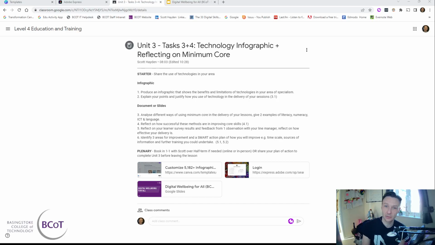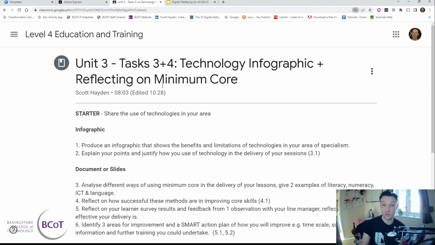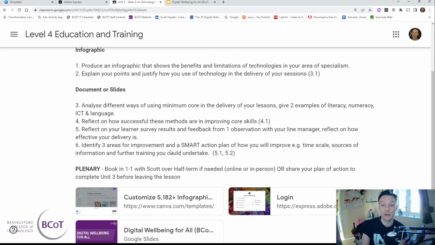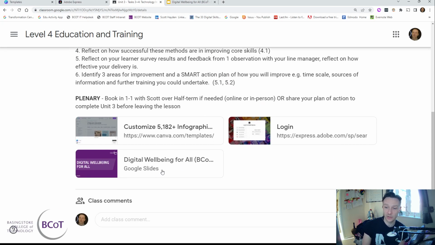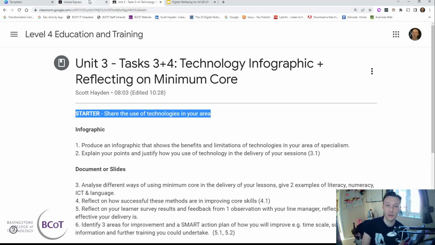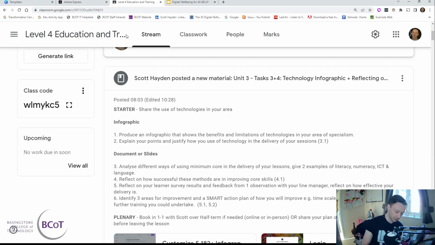In the final lesson covering Unit 3, we're going to be looking at these elements here. The first topic of discussion is going to be technology you use in your area. I'm going to be looking at some resources to help us with that. I'll do a presentation sharing some examples, but for those of you who cannot attend, I've put into Google Classroom